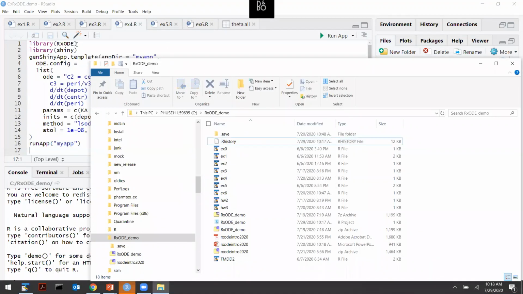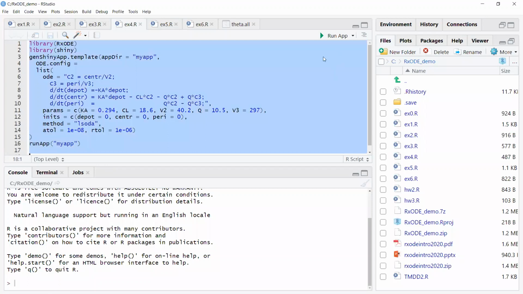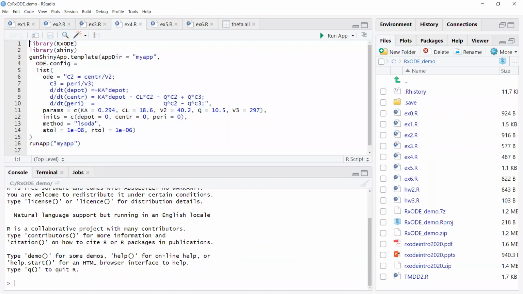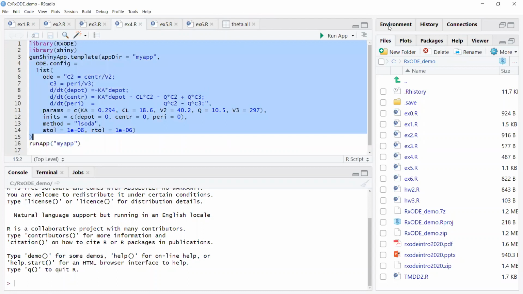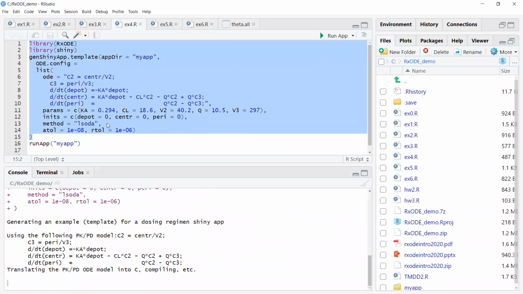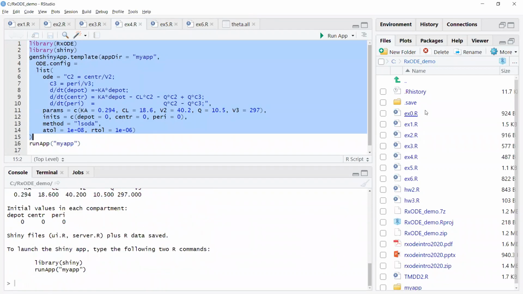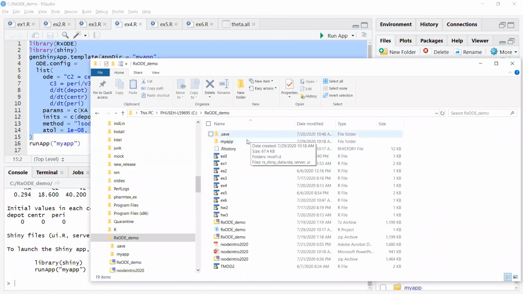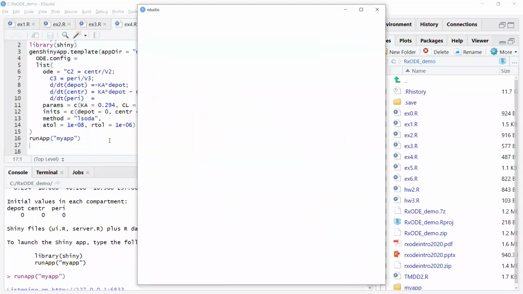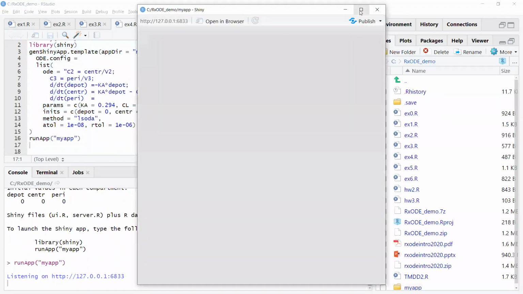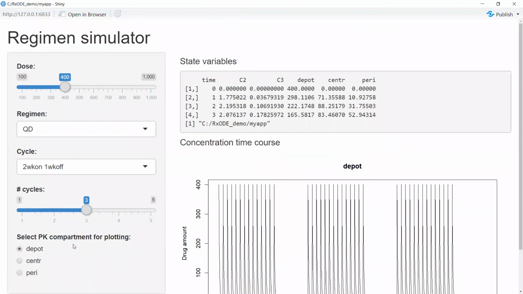All right, let's rerun this thing. Load RxODE and Shiny and call this function gen Shiny app. We come back, you noticed this My app is created. Now we run this one. You noticed by default, this